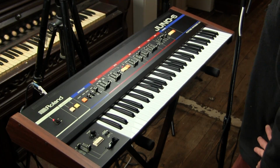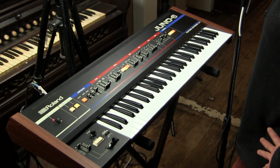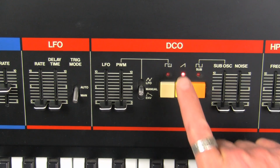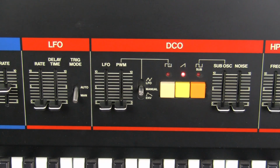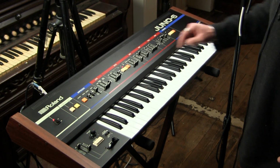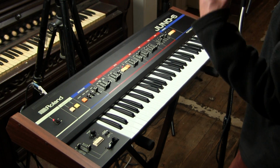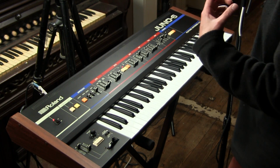You're looking at the oscillator and LFO of the Roland Juno-6. And you'll notice right off the bat that this says DCO, which is something you haven't commonly seen in many of my videos, if any. But yes, the Juno-6 has a DCO, and what this is an oscillator whose frequency is constantly checked and controlled